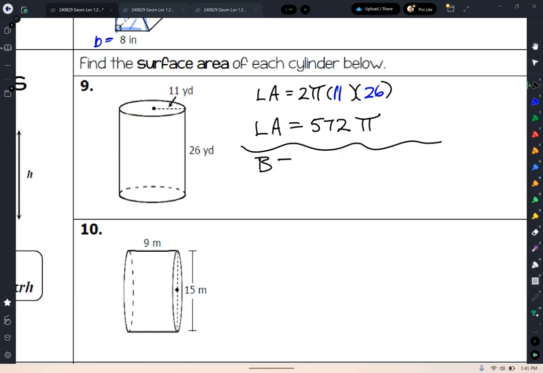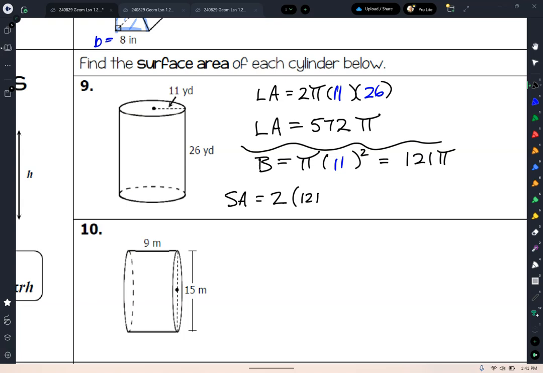Okay. Now, the area of our bases. So capital B base is going to be pi radius squared. So what is the radius again? All right, so we got 11. So 11 squared is what? 121. So this is going to be 121 pi, right? Okay. So then our surface area of our cylinder is going to be